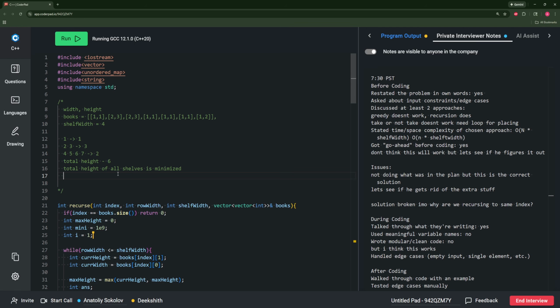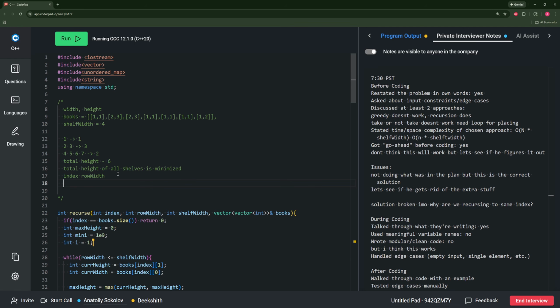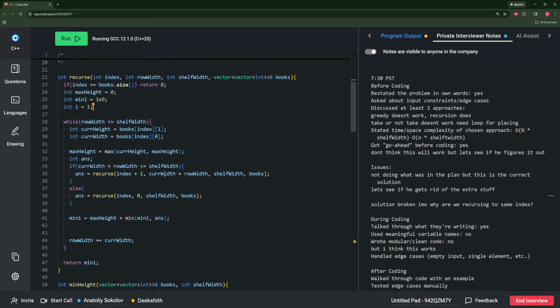And so you went the wrong way, where you were like, oh, it's going to be a take or not take, where I have the index and then I have the row width, I think. And so actually that wouldn't allow you to calculate the height of the row, because in every call you'd have different books, but they'd be on the same row. So you can't return the height of the current row, you'd have to return the height of the full thing. So that actually doesn't work and then you fixed it to make it work, but